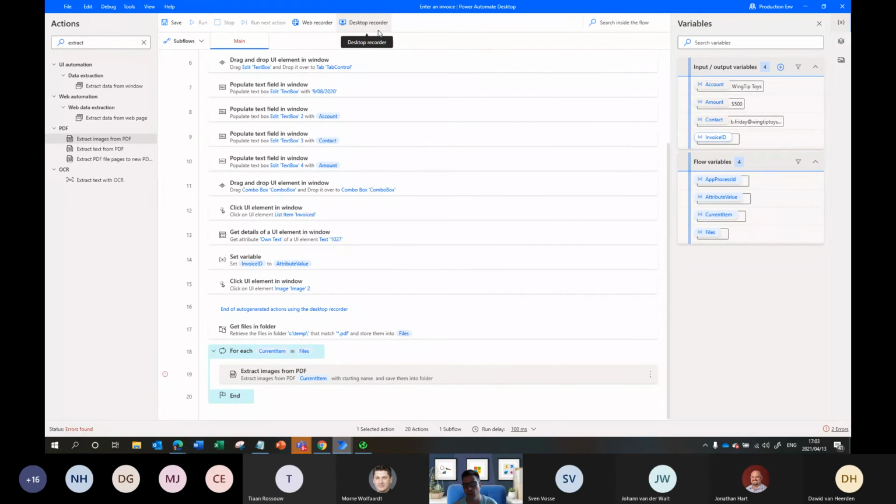So if you're going to record anything other than the web, do desktop recorder. If you're going to record a web browser, then use web recorder. But you might end up actually with one desktop flow that uses both, like literally like David did. It drove a web browser and then it drove Excel. He just manually did Excel rather than recording it, but he could have recorded Excel rather.